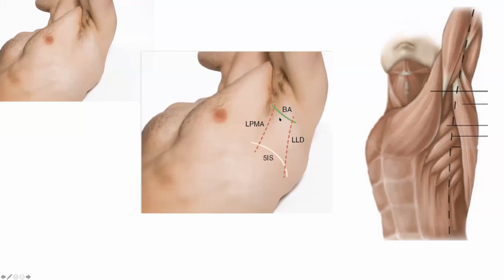Now look at it. So this is the triangle, the safe triangle. This is also called the safe triangle. And why do we call it the safe triangle? To understand that, look at it. This is where my pectoralis major is, when the hand is up. This is where the latissimus dorsi is. This is my fifth intercostal space. And what is this BA? Any idea?